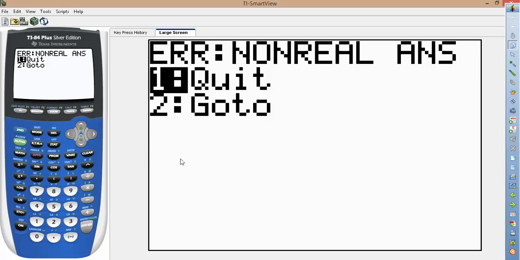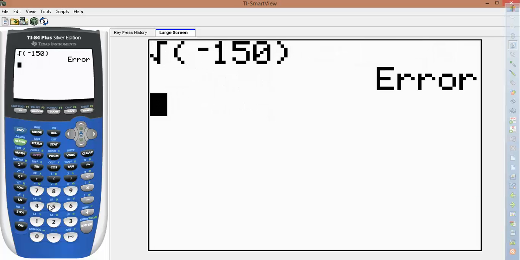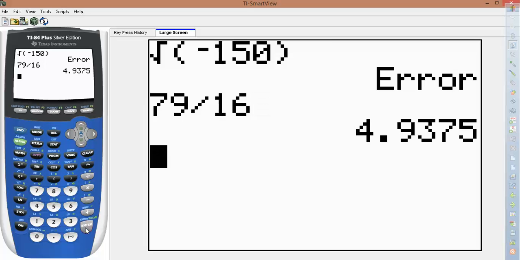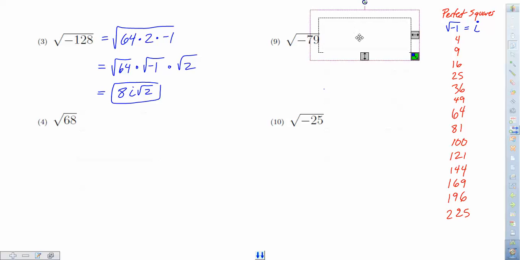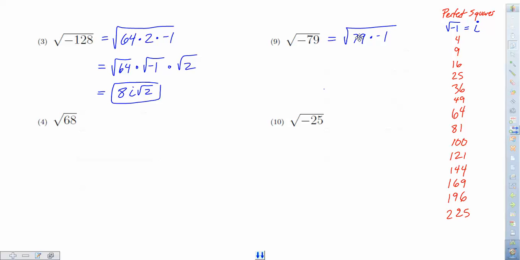Once again, any shred of doubt whatsoever, take that 79 and divide it by 16, but I'm pretty sure this won't work, right? You add a whole bunch of 16s together, your answer is always going to be even, isn't it? And never odd, right? And so we know about those numbers. 9, nope, because we get 72, we'd skip over, go to 81. 4, because 4 is even, we'll never hit an odd number there. So guess what? The only thing you're going to be able to do with that is write that as 79